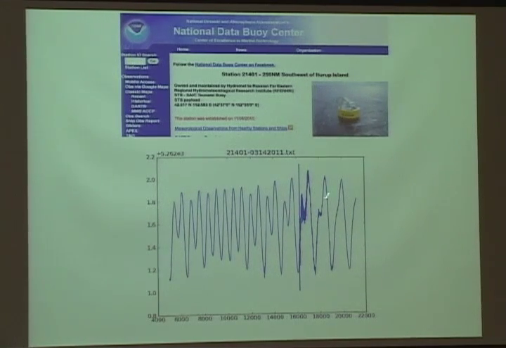And the noise that you see in here is the tsunami going by. And this is on a scale, this is 5,262 meters, so it's in the deep ocean. And the variation here of the tide rising and falling is plus or minus 1 meter or so. And the tsunami, you can see, is sort of at the same scale. So it's a little hard to see here.